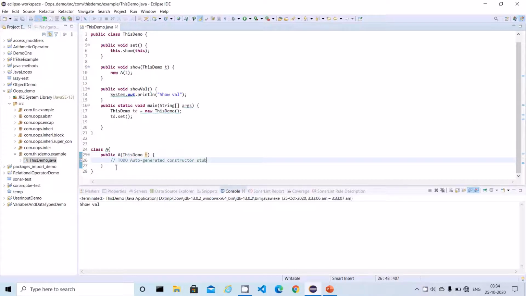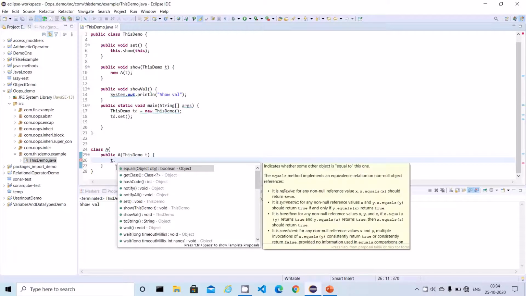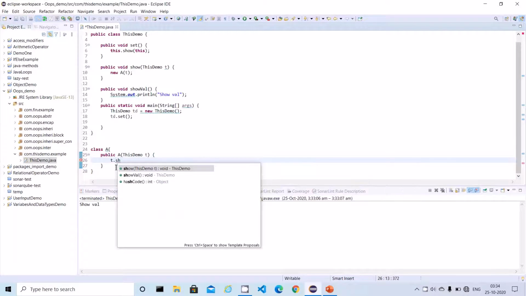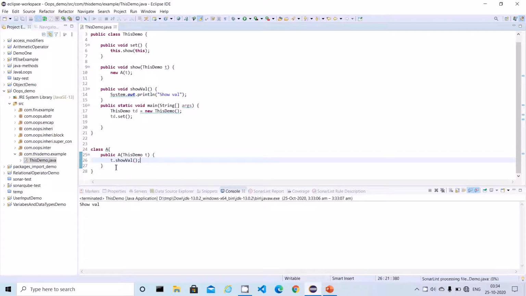So here you can call d dot show value. Though we could call the show value directly from this class itself, our main intention is to pass the current state object as a reference to the constructor, right?